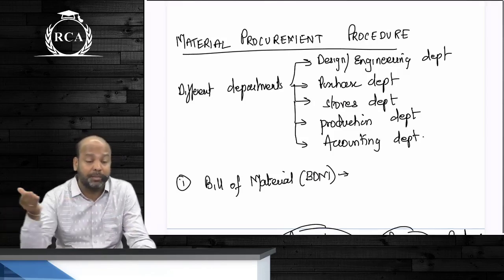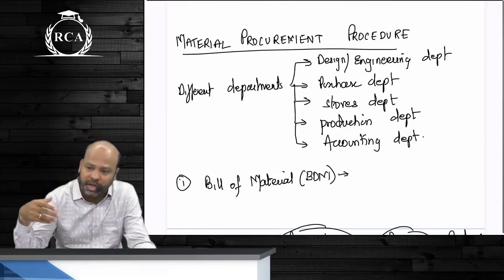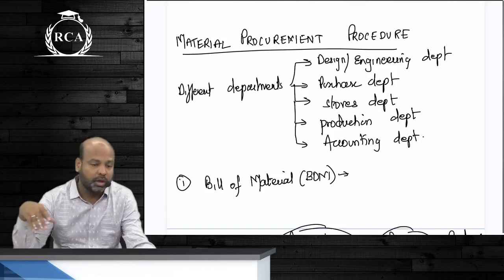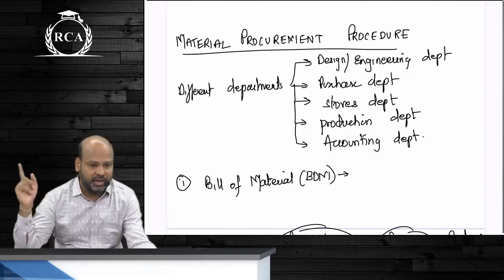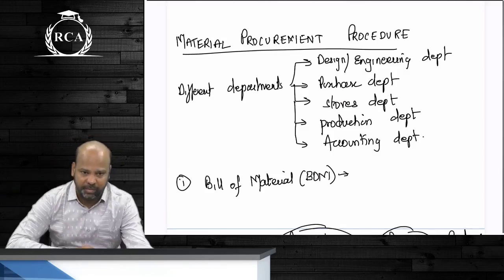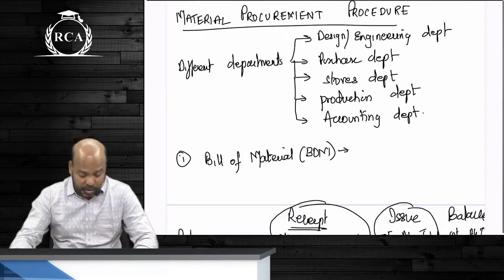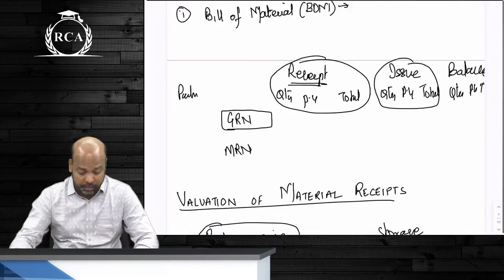Stores manager can compare bill of material with the existing quantities and see whether additional orders are supposed to be placed or not. So who prepares bill of material? It is generally prepared by the engineering department. They are the ones who design the product. The next one, guys, that we spoke about here was a material